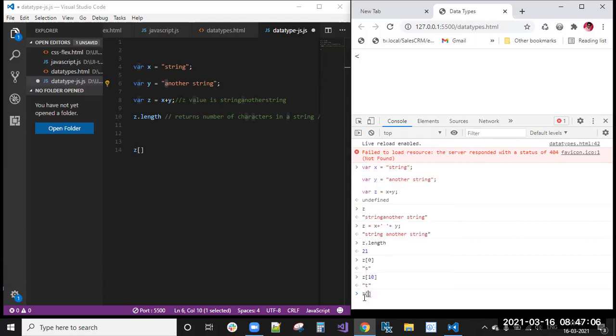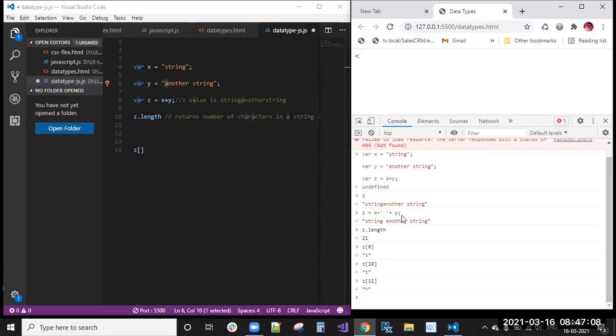Similarly, z of 11: after T, H is there, right? So we got H. This is how we know what letter is in which position. Because of that, we use the index.